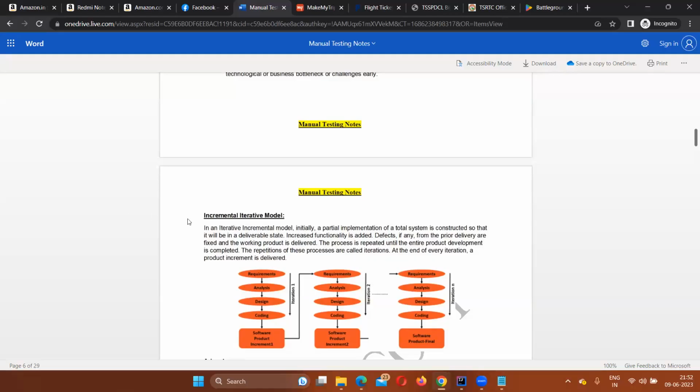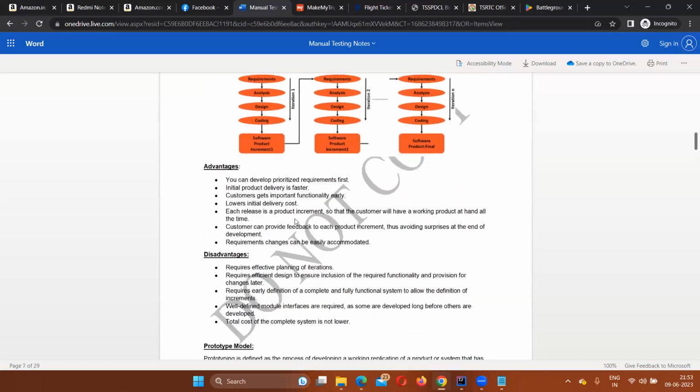Your incremental iterative model forms the base of your agile methodology. Your agile methodology also follows some sort of incremental iterative model only. So if you are clear with your incremental iterative model, your agile methodology will be very easy for you. Just because you can plan your requirements as and when you want, if you give your requirements very frequently, instead of planning everything at once, if you keep on changing the requirements,